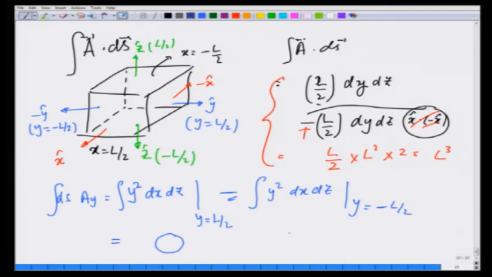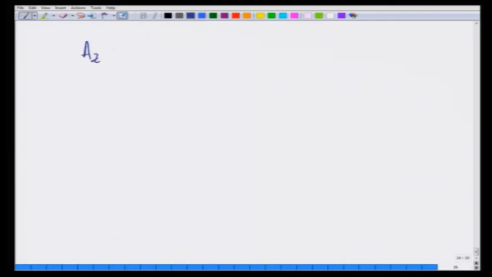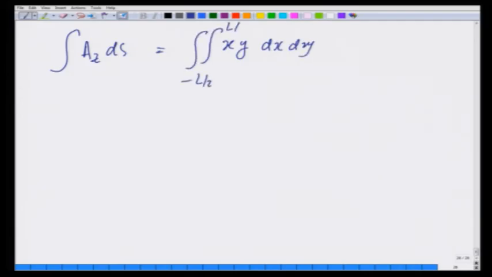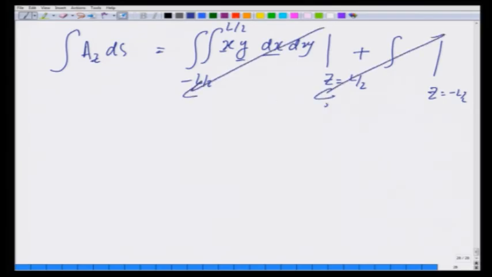Third term, A_z dS, gives me the integral of x y dx dy from minus L by 2 to L by 2 at z equals L by 2, plus a similar term at z equals minus L by 2. But you see, these x and y integrals are odd and the integral is being performed from minus L by 2 to plus L by 2. So, they contribute 0. So, you can see immediately that the integral of A dot dS is indeed L cubed